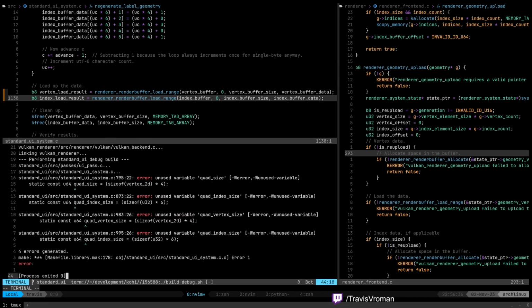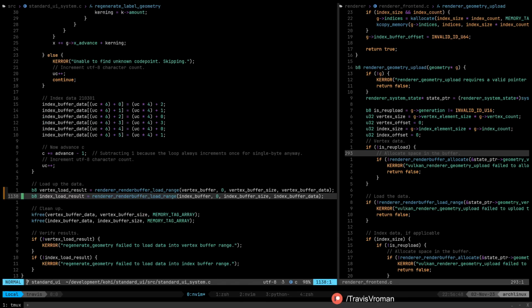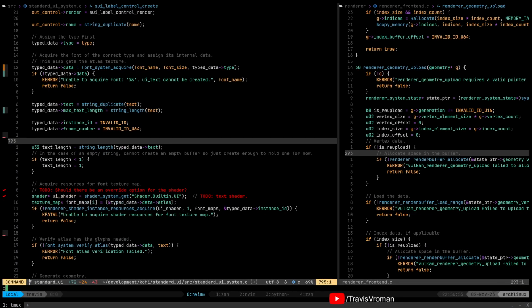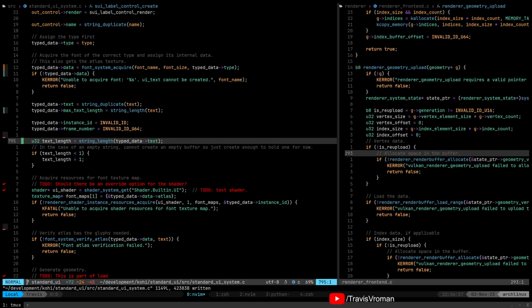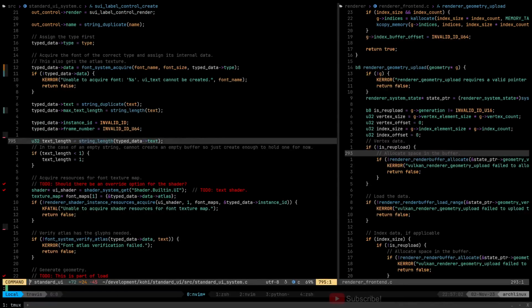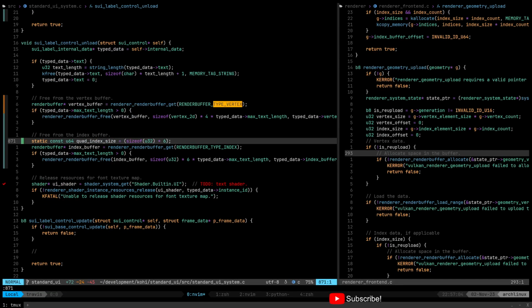Let's build this. Okay. So we have a couple of unused variables. 795. Oh, that makes sense. We're not using that there. Okay. 871. Quad size. We're really not using... Oh.